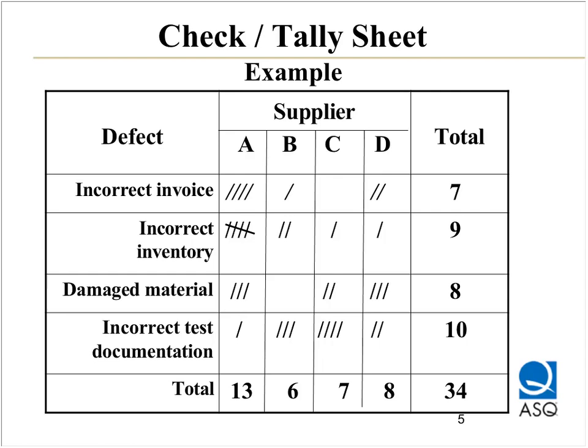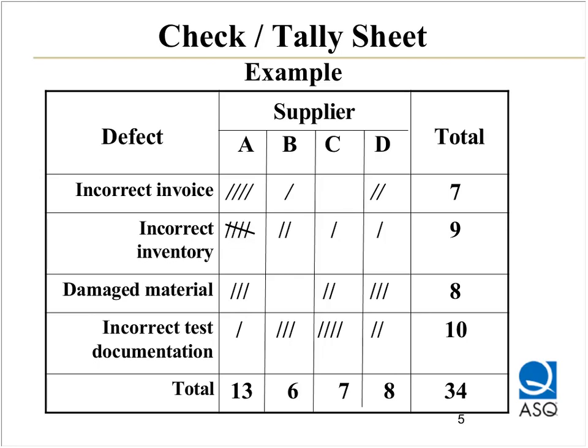And when we sum up the total for all the defects, 7, 9, 8, and 10, which sums to 34, that of course, unless we've made a math error, should be exactly the same as the total for all 4 suppliers with their 13, 6, 7, and 8 defects. Now, of course, this kind of thing can be done very easily using our various types of computer software, but for the purposes of introducing it to person or persons who are not familiar with the concept of data tables, better known as check or tally sheets, I thought it would be appropriate to present this so you can see